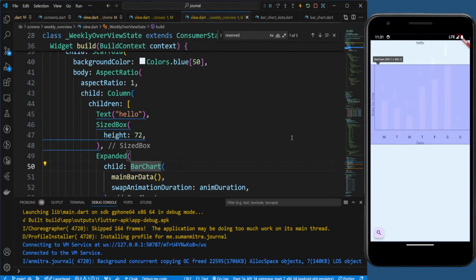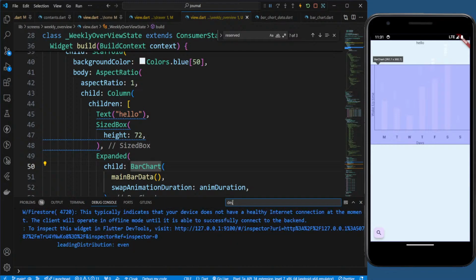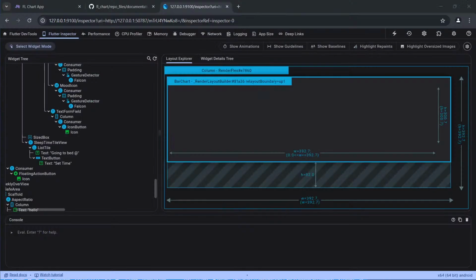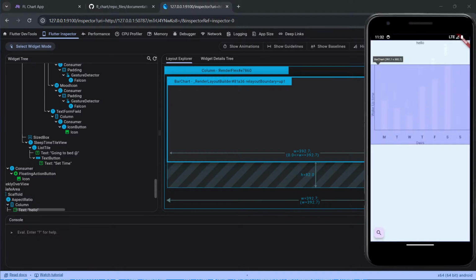One second. Let me find out how I can. This is a dev tool. Let me show you the thing. One second, give me a second. You can see it, right? Yeah, I think now you can see. Let's see if we can